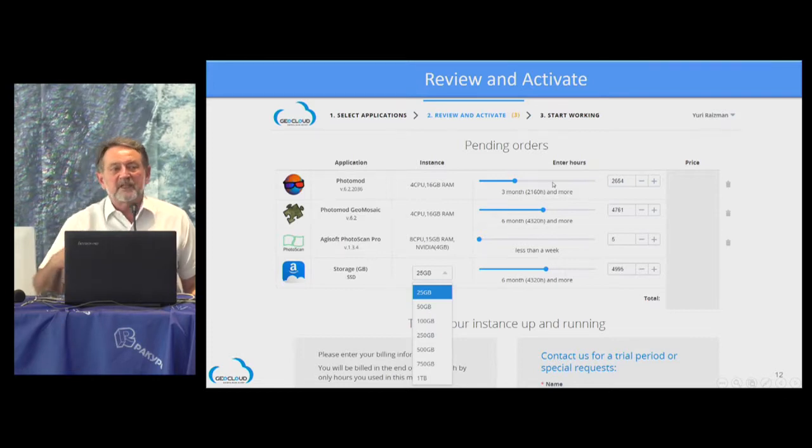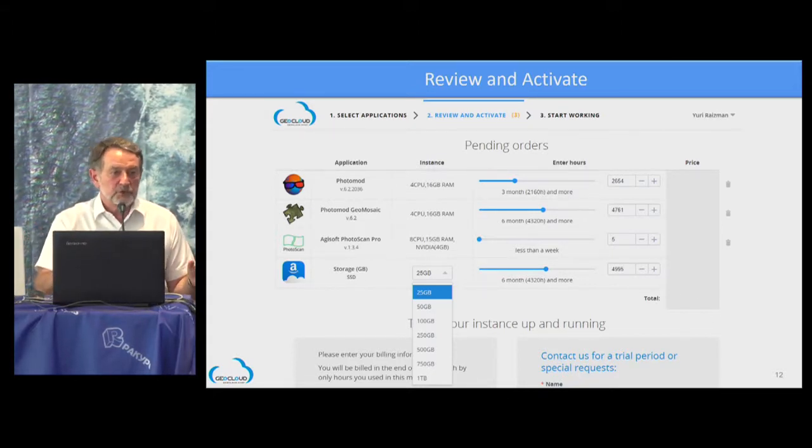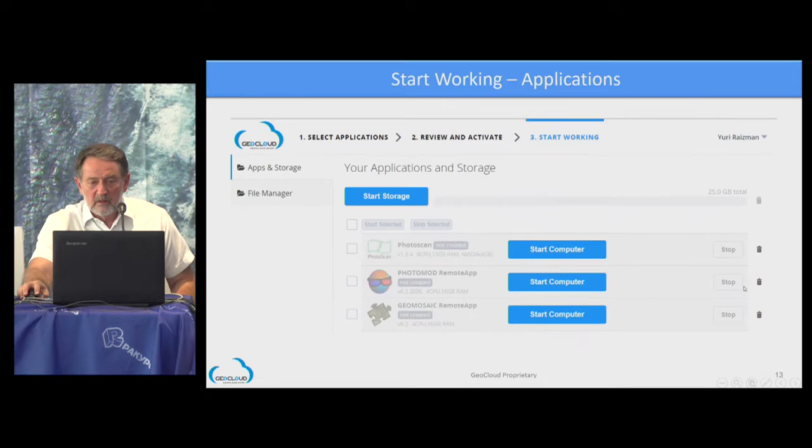Here you select the number of hours. It's not like you're ordering the hours. You can work as much as you want. It's just a tentative order. Let's say 100 hours. I want to have this kind of storage for 10 hours or for 20 hours. Maybe I need to download or upload. Here you will see the total price of your project, estimated price. But you are not limited to 100 hours. Or you can work 200 hours or simply 1 hour. Because anyway, you will pay based on how much you used.